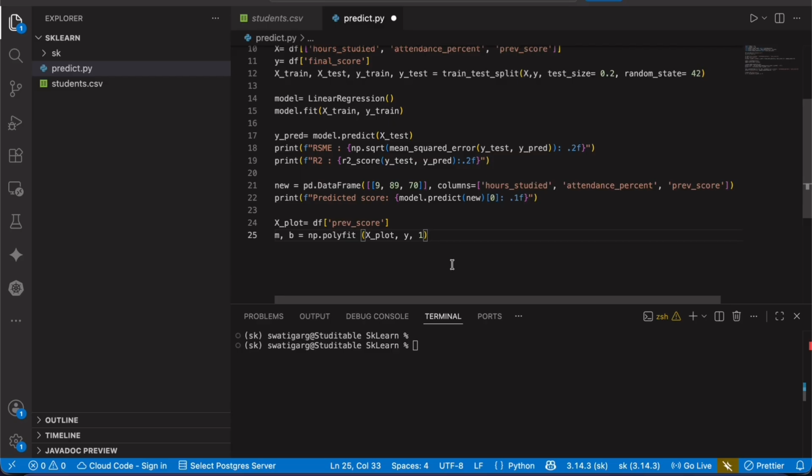We have used x underscore plot, which takes the input value of previous score. It takes a target value through y, and 1 is the degree here. Degree means fit a straight line. I have used 1, which means fit a straight line in the plot that you have. One is nothing but the degree.